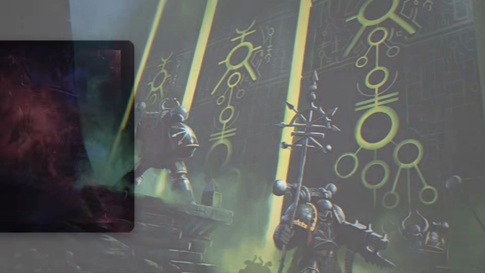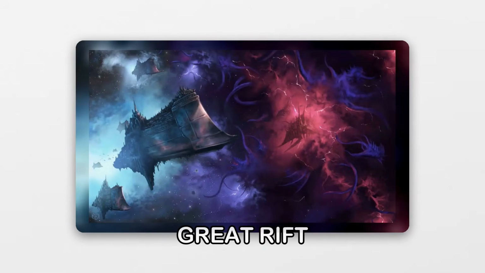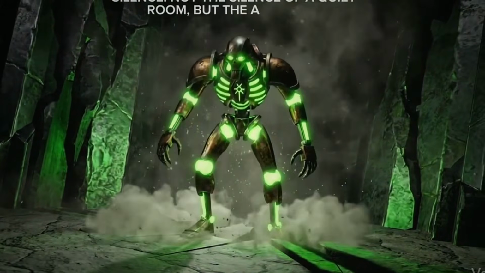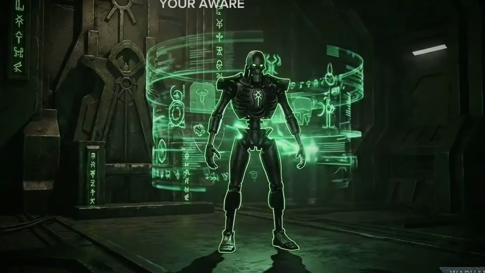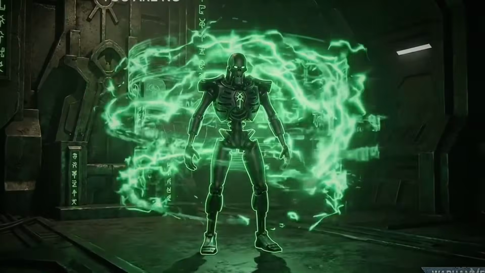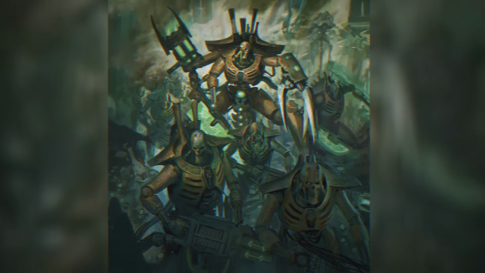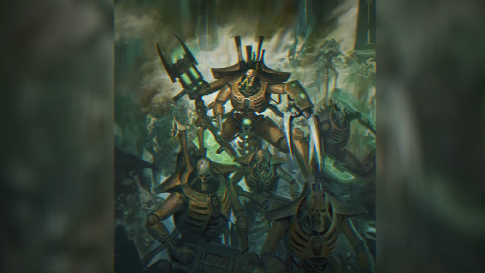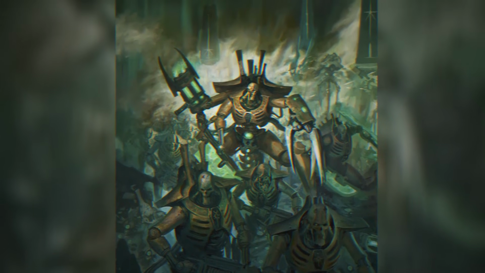They saw the Great Rift not as a catastrophe, but as a chance to reclaim their ancient empire, the Star Empire, to finally re-establish their dominion over a galaxy they once ruled. Their tomb worlds, scattered across the galaxy, began to stir, unleashing legions of metallic warriors and terrifying war machines upon an unprepared Imperium. These awakenings were often localized at first, but as more dynasties rose, their collective threat grew exponentially, adding yet another layer of existential dread to the Imperium's woes.